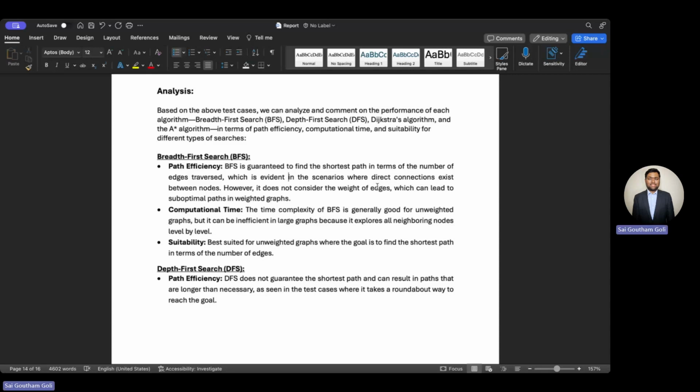The time complexity of BFS is generally good for unweighted graphs, but it can be inefficient in large graphs because it explores all neighboring nodes level by level. BFS is best suited for unweighted graphs where the goal is to find the shortest path in terms of the number of edges. Next, coming to the depth first search, DFS does not guarantee the shortest path and can result